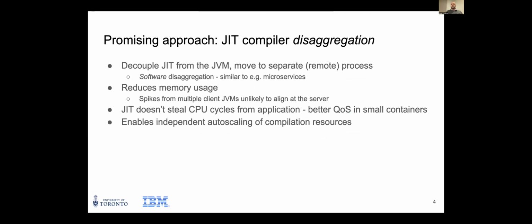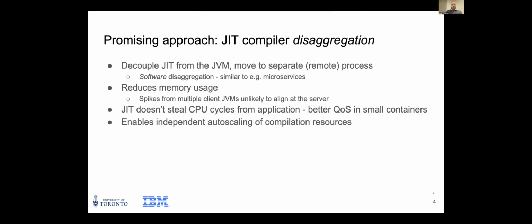So the approach that we're exploring in our work is called JIT compiler disaggregation. We decouple the JIT from the rest of the JVM and move it to a separate remote process. It is an example of software disaggregation, and it's similar to, let's say, microservices, as opposed to hardware disaggregation, like memory disaggregation, which seems to be one of the main topics of the workshop